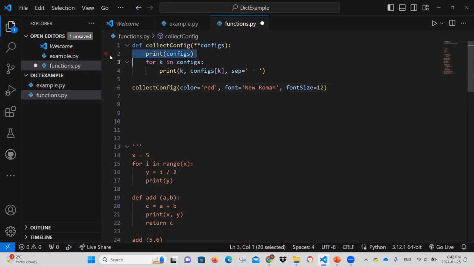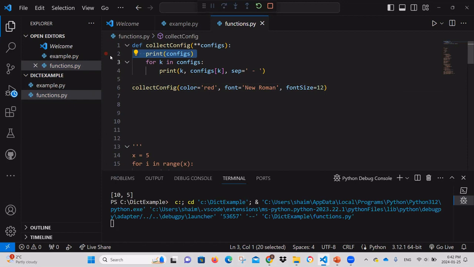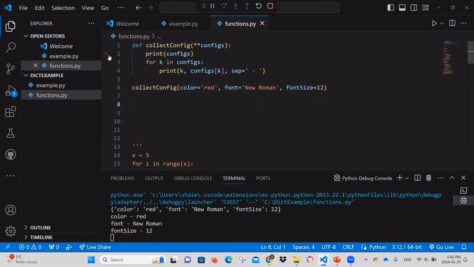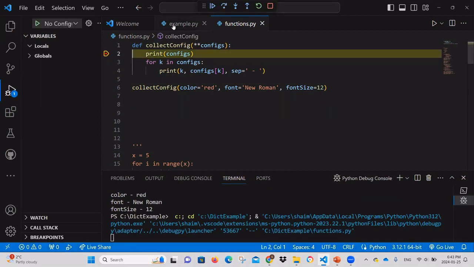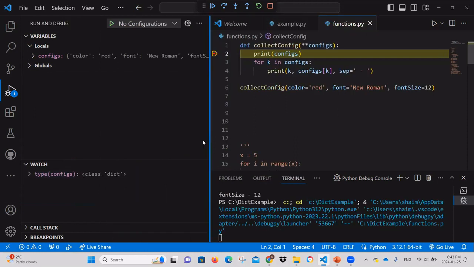Okay, so I'm going to put a breakpoint inside too so that we can see what is happening. So I was too late. Now this is the output. This is when we printed the entire dictionary, and this is when we looped over it. And if we just want to double check the type, we can put it in the watch here. So add type of config, and we can confirm that it is actually a dictionary. Okay,